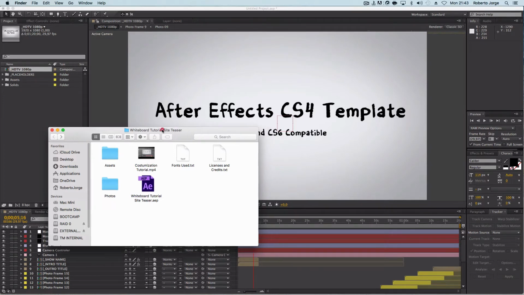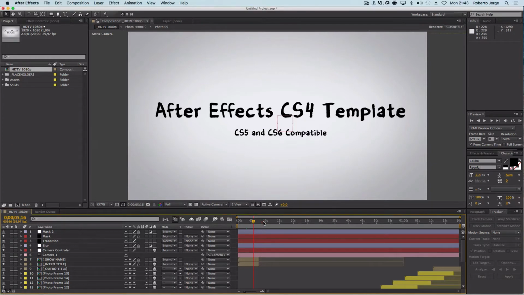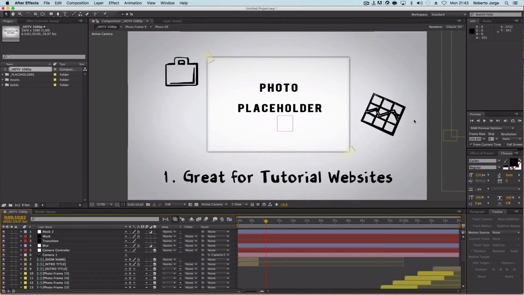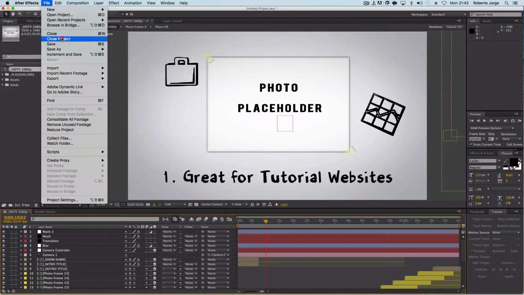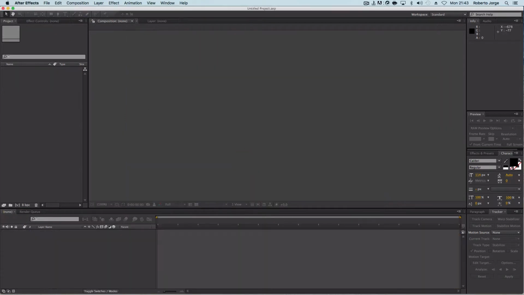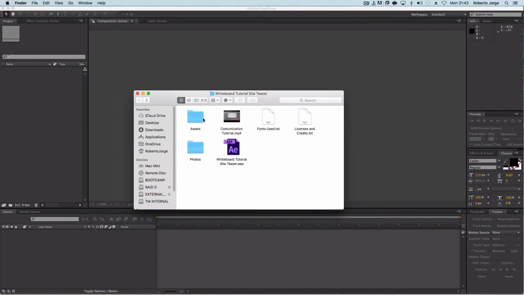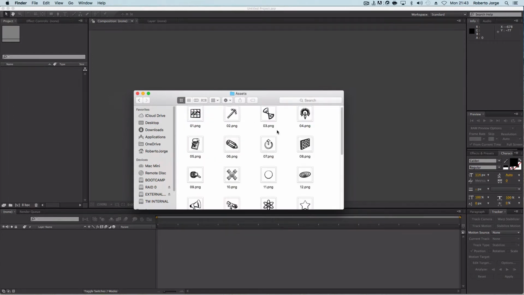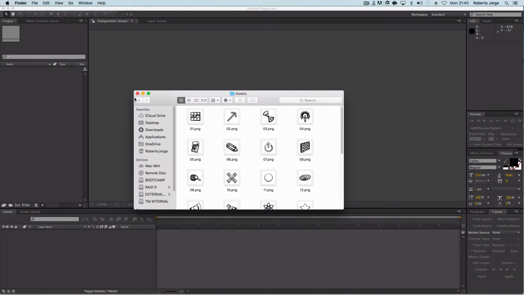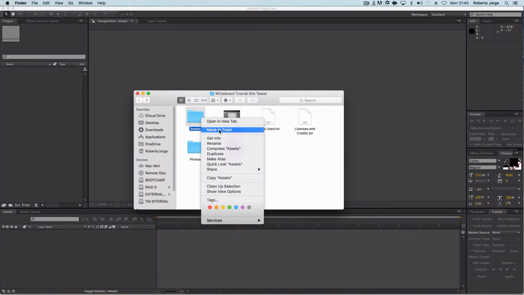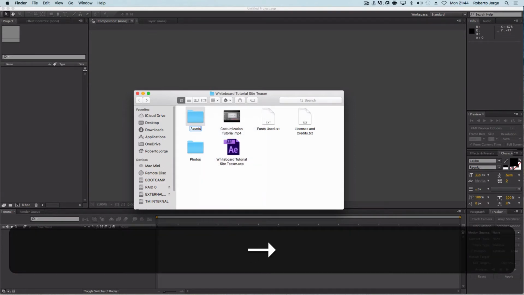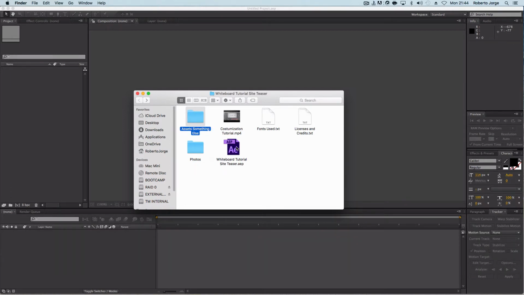Now what we are going to do here is try to understand the problem and how we can solve it. So at this moment the project is everything is tight and neat. So what I'm going to do is close the project right over here, and I'm going to provoke the problem that we are facing, and this is very easy to do. All we need to do, for example, if we go to our assets, which are right over here, is change the name of this folder to assets something else. Okay, so now when I open the After Effects project,